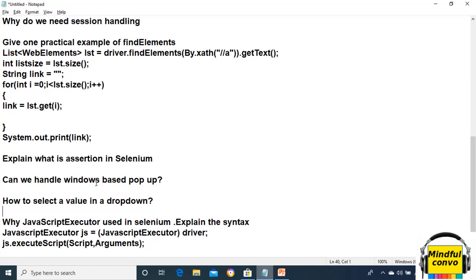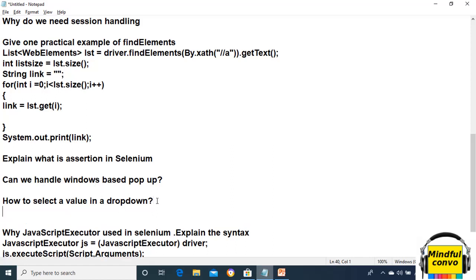In order to see the implementation, we will take a web element, let's say dropdown equals driver.findElement(By.xpath), here is the xpath of the drop-down.